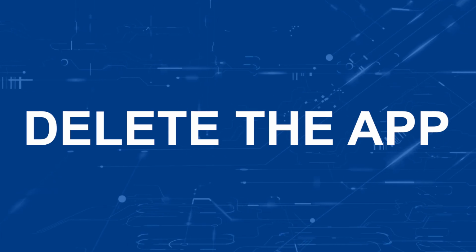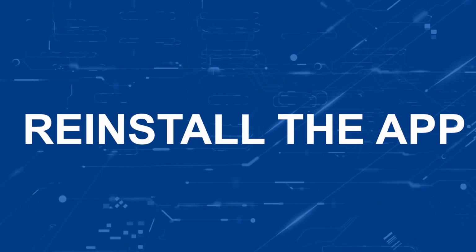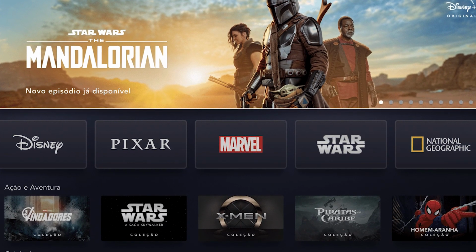Try deleting the Disney Plus app on your TV. Go to wherever the apps are located on your system and remove the app altogether. Then reinstall the Disney Plus app again. After you reinstall it, you might have to log back in with all of your credentials, but hopefully this will